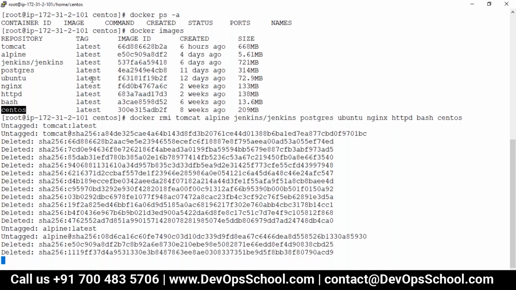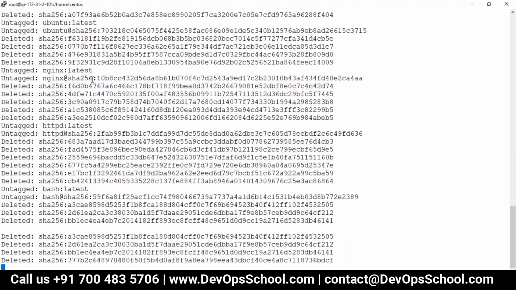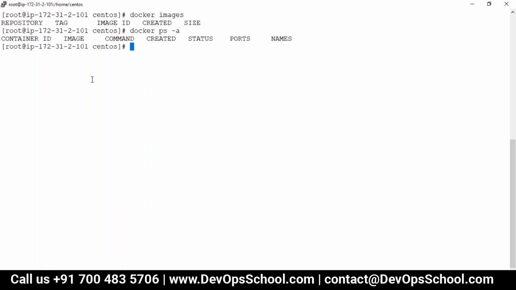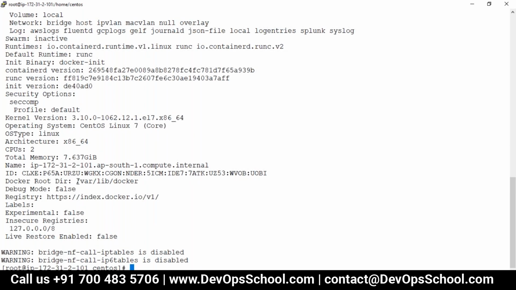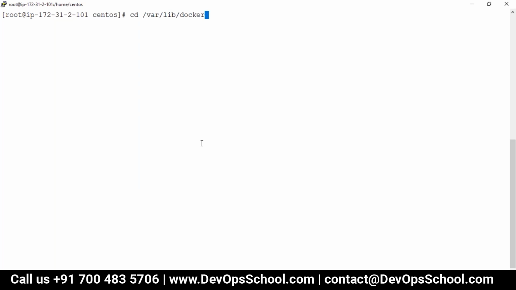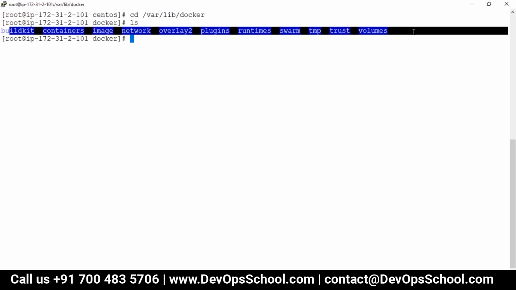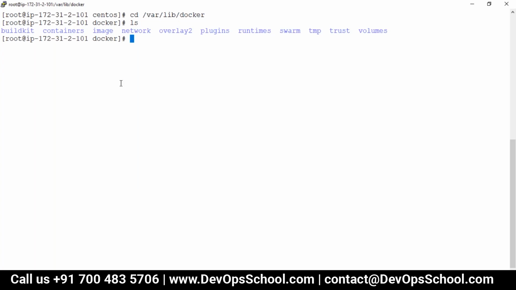See here, rmi is the command to delete all the images. And you see here, it's a clean system. Right now I have no images. Right now I have no containers. Everything is okay. Now I will do docker info, and I would like to know where the Docker root location is. It says /var/lib/docker. Okay, cool. So I'll go inside it: cd /var/lib/docker. Now here I see multiple directories, but I don't know where the layers are getting stored. So I will just do docker info one more time.